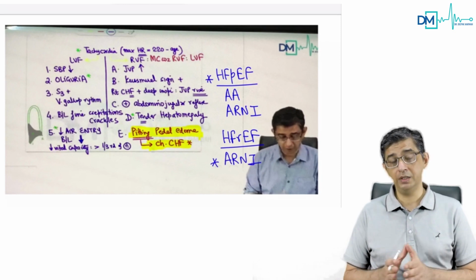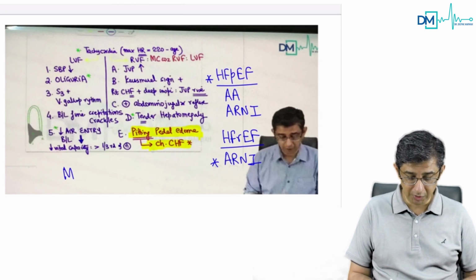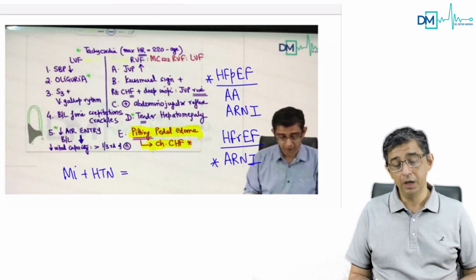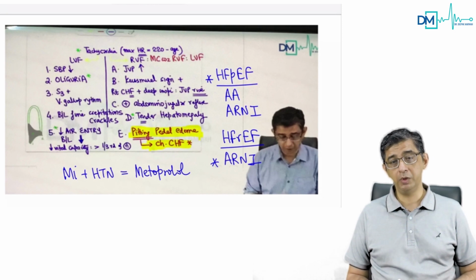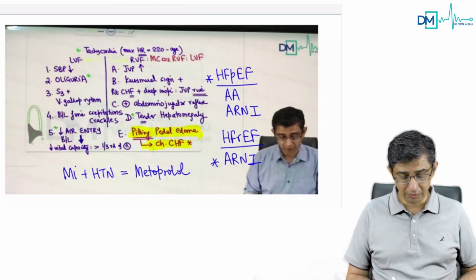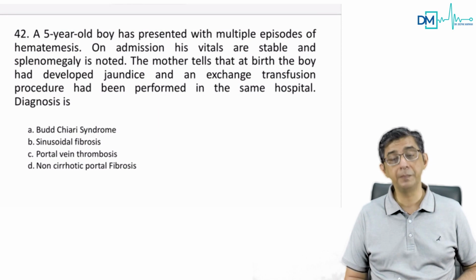And then the agent that lowers mortality, like an MI patient has been discharged and he has been diagnosed with hypertension. So even then, the agent that will reduce mortality will be a beta blocker, that would be metoprolol in the patient. So do remember these drugs that I've highlighted, and I think this question was relatively an easier one.